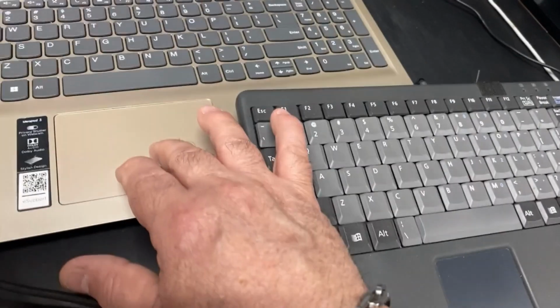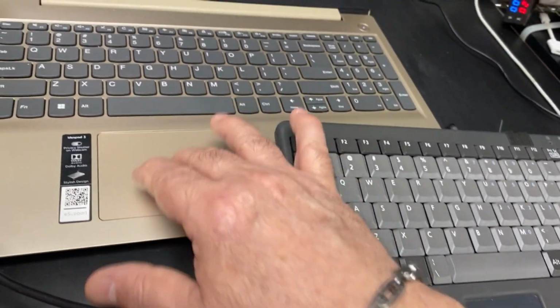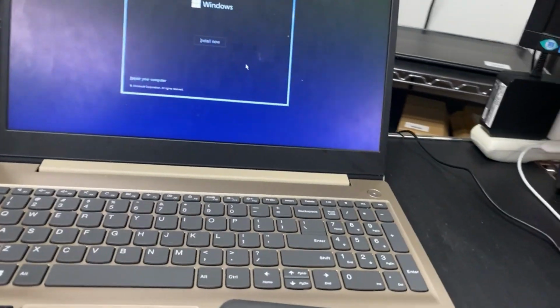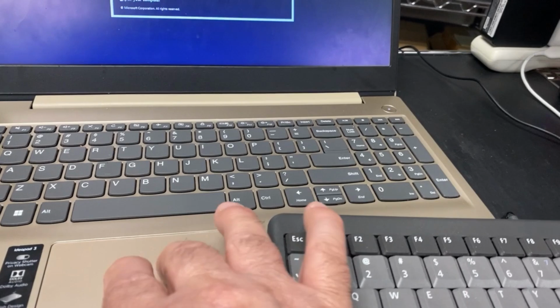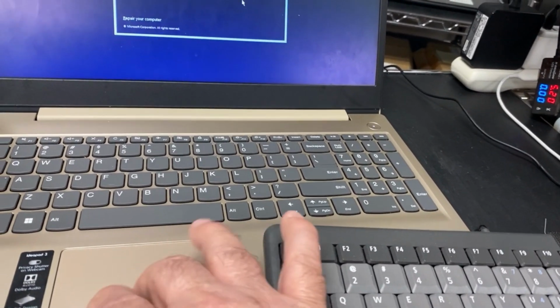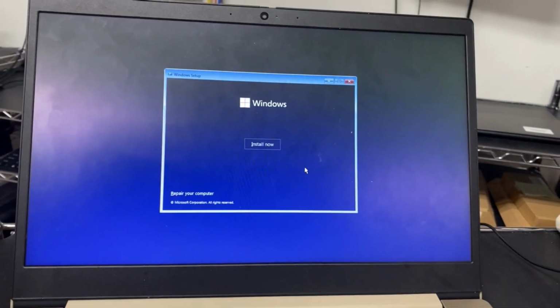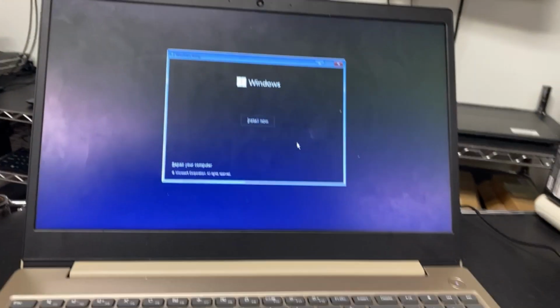Number one, here, no trackpad. So that just means basically that the default or standard drivers for the trackpad on this unit don't work. So you're not going to get around that. This has a touchscreen, so I can just hit the touchscreen. If you don't have a touchscreen, then you got to get yourself